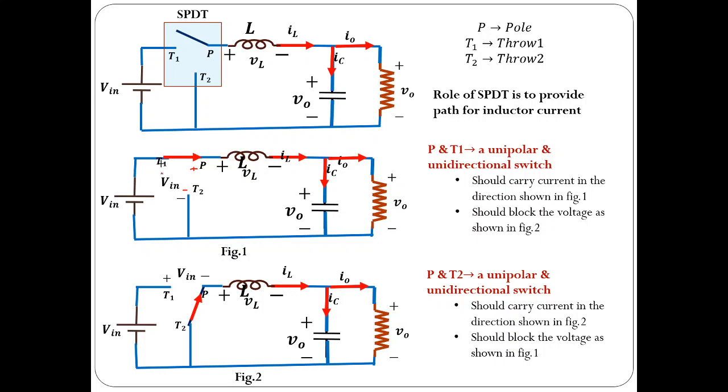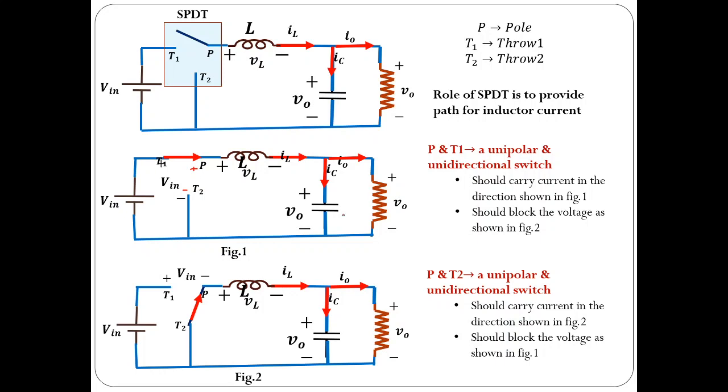For example, if you want to go for low power and high frequency applications, maybe a MOSFET can be used. Similarly, for high power and low frequency applications, maybe a BJT is suitable. And for medium power applications, an IGBT can be used. Usually MOSFETs or IGBTs are more common. Of course you can use a BJT also based on the requirement. In olden days SCRs or thyristors were also used, but nowadays they are replaced by transistors, because thyristors have a disadvantage. They are semi-control switches, and in order to turn on, you have to design a separate commutation circuit.